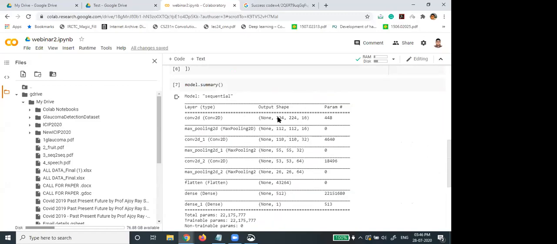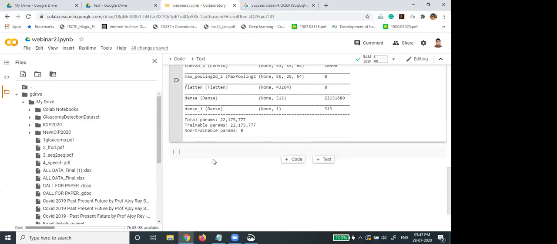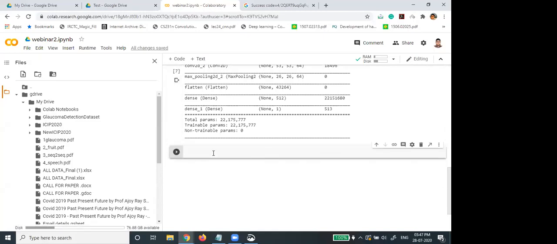Here, at first the shape is 224, and with max pooling it is getting halved, to 110, then getting halved again like this. And you can draw this architecture as well. There is a command, tf dot keras dot utils dot plot model.